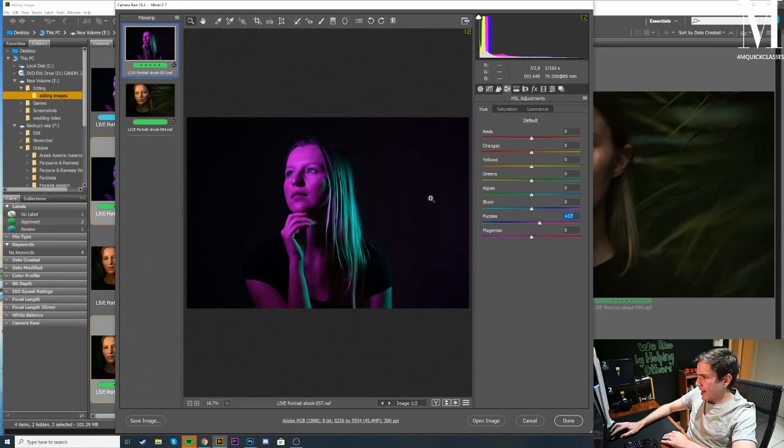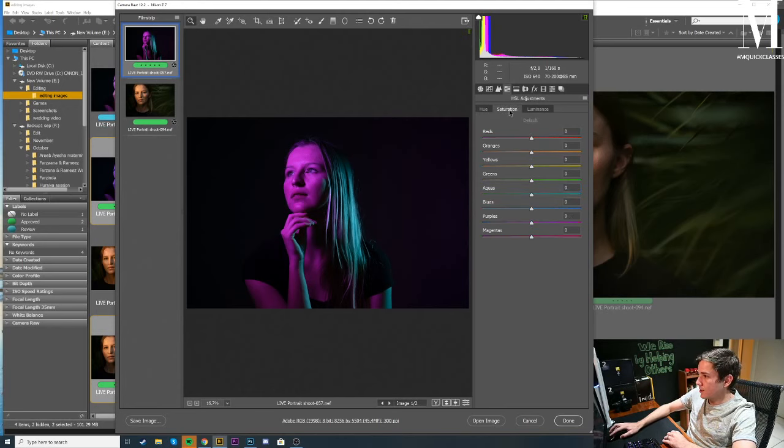Let's see the aquas. So that would probably affect this area here. Let's have a look at what that does. So we can make those a little bit more green, or again a little bit more blue. I like that sort of light blue color. That's quite interesting, and I think goes with the pink quite nicely. Again, personal taste, up to you what you want to do. Right, so that's the hue